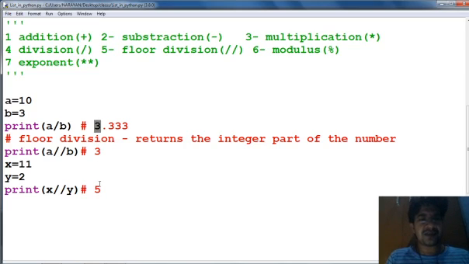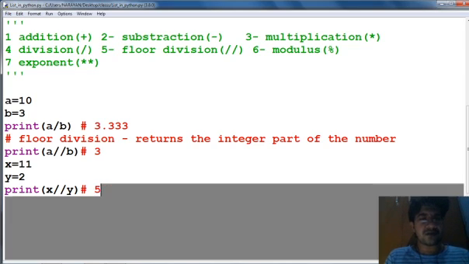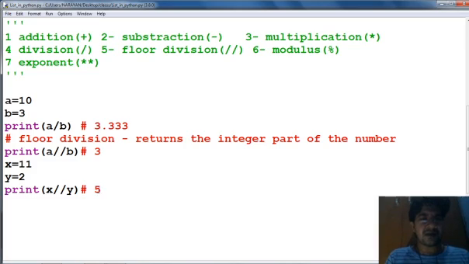In floor division it will return the integer number. That means 5.5 is returned as 5.